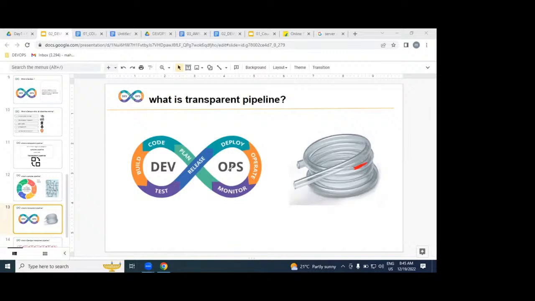Because DevOps is an automated process, DevOps is a transparent process. In the middle, if you get any issue or problem,